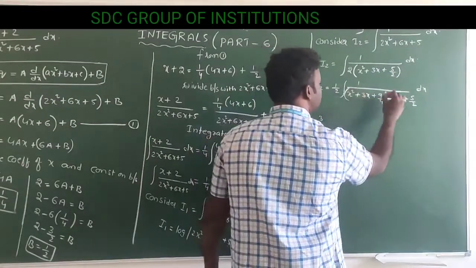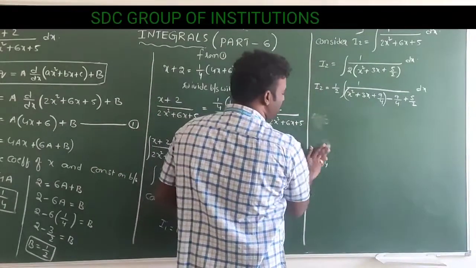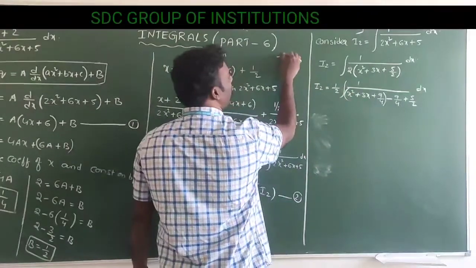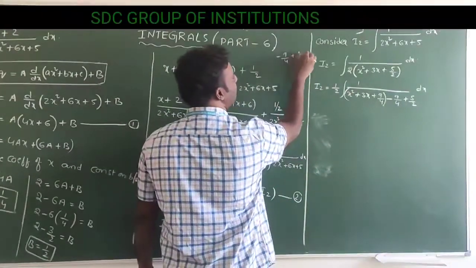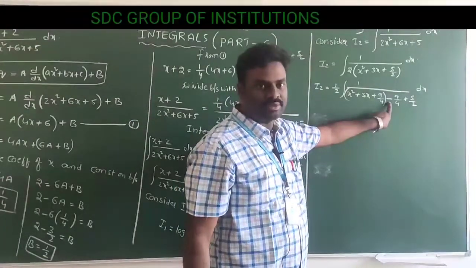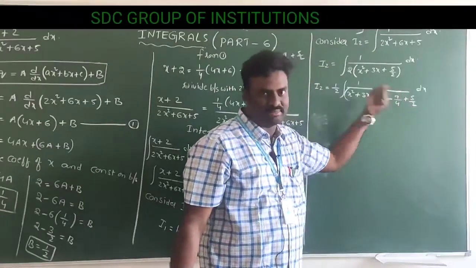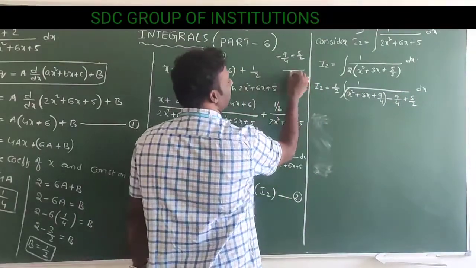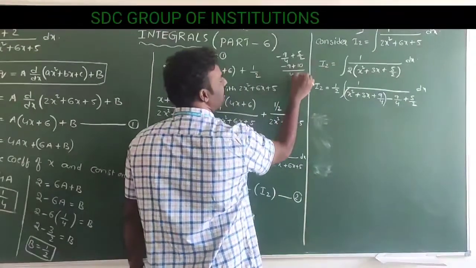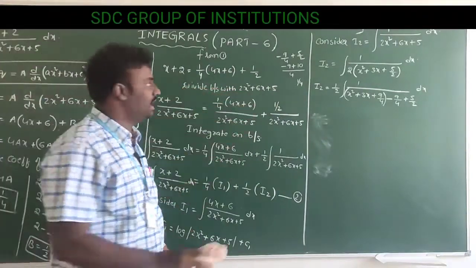Okay. Instead of this, I can write (a plus b) whole square, and I am simplifying the last two values. What is the value? Minus 9 by 4 plus 5 by 2. Don't forget to take this symbol. Some students will take only these two, they will not take the symbol. So the symbol minus is there, that's why you take it. Now LCM is 4. Then minus 9 plus 10, that is nothing but 1 by 4, the simplification of the last two.